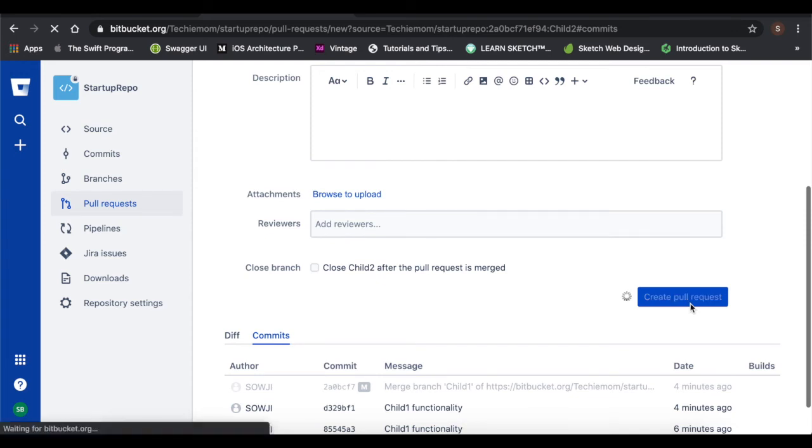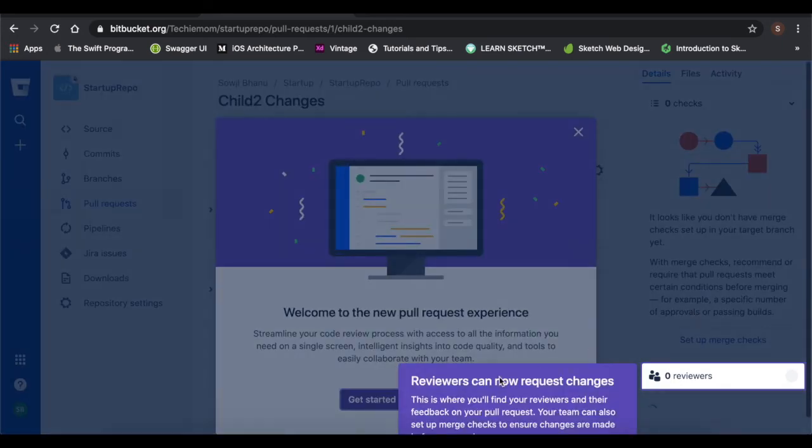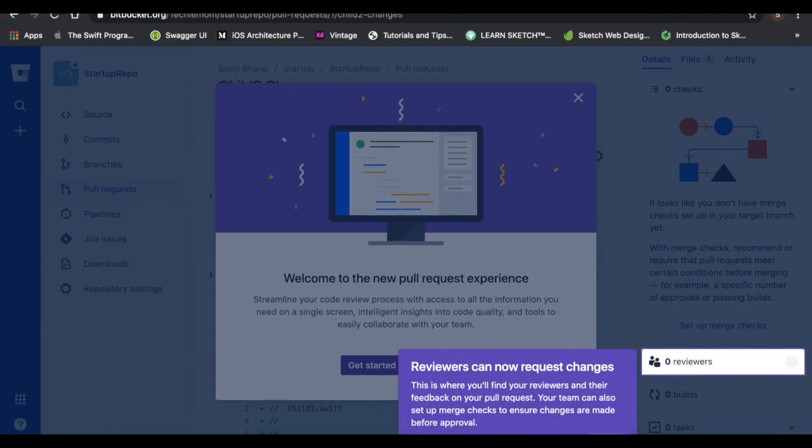When you create a pull request, it first needs to be approved and then merged by the reviewer. Generally, if you're working in a team, you'll be adding the names of the persons who need to review it. As it is a single account, I can see the pull request here.